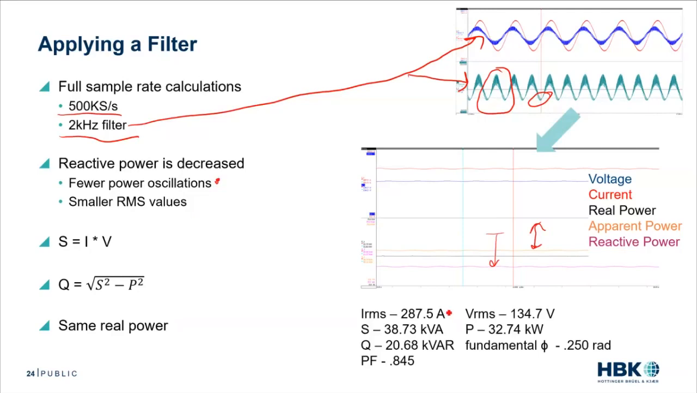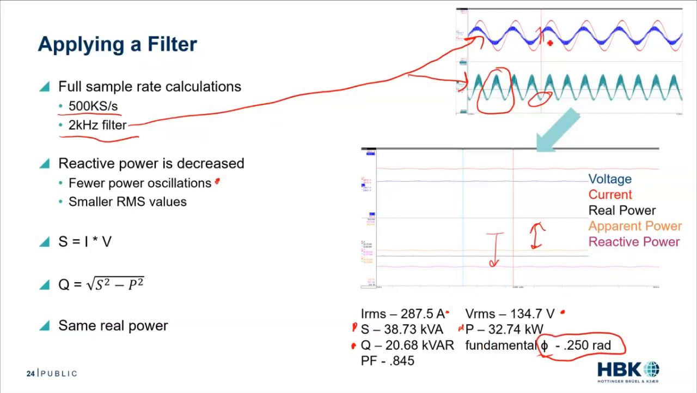IRMS 287, VRMS 134, almost a 100 volt drop. Our apparent power is 38 kVA, down from 60. Our real power is the same, because real power is real power. Reactive power has significantly decreased. And now we have a fundamental phase that's the exact same again, because our zero timing